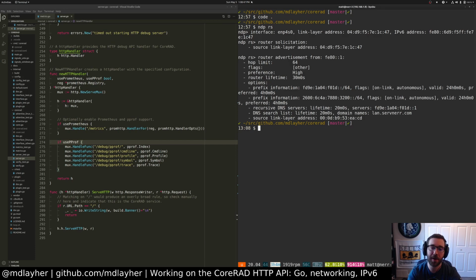There's a couple of different prefixes being advertised here. I use those to assign both global and unique local, or ULA, IPv6 addresses to my machines. We've got our DNS servers, DNS search lists, etc. So what we're going to be working on today with this is taking this sort of information and exposing it